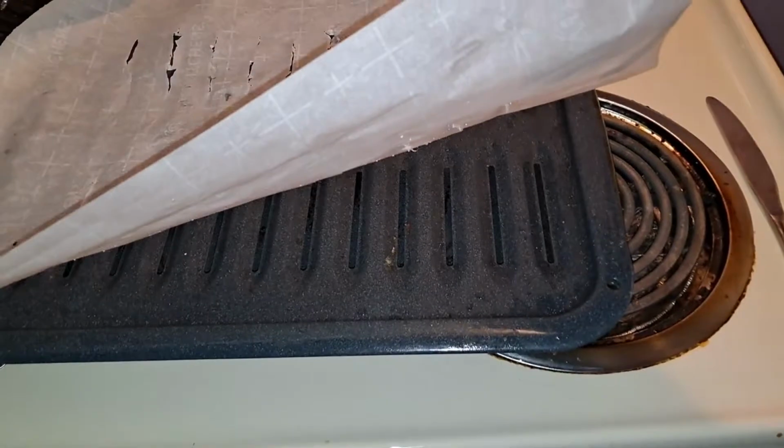Today I'm making bacon and eggs with toast, and I wanted to share with you a technique for cooking bacon. It is the best technique. I get one of these baking pans from underneath the oven, and I put parchment paper on it, and then